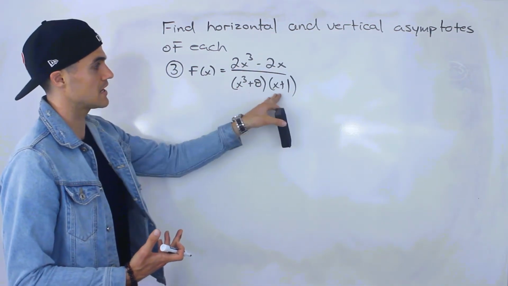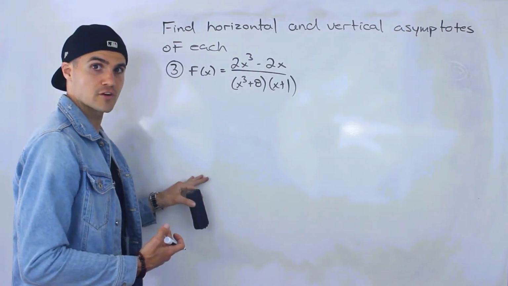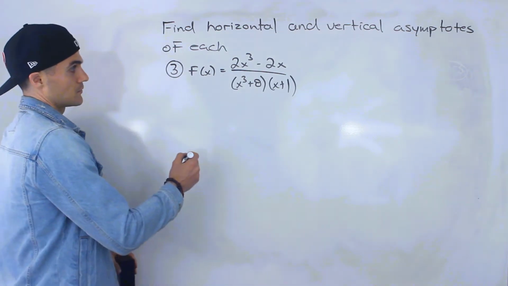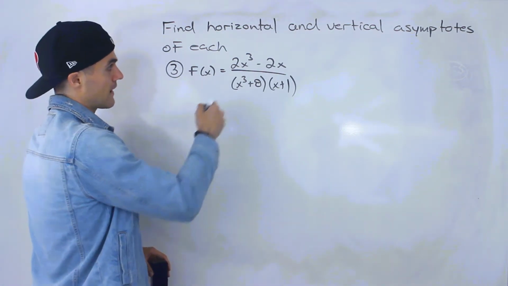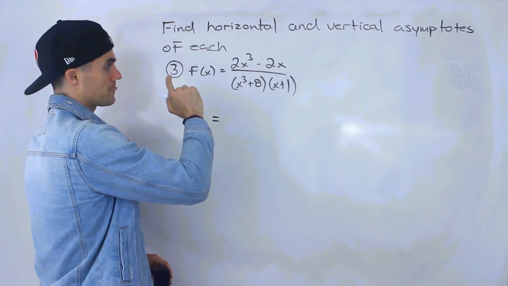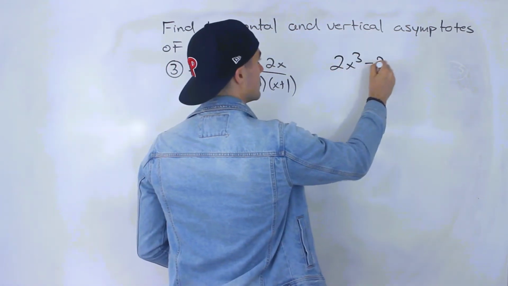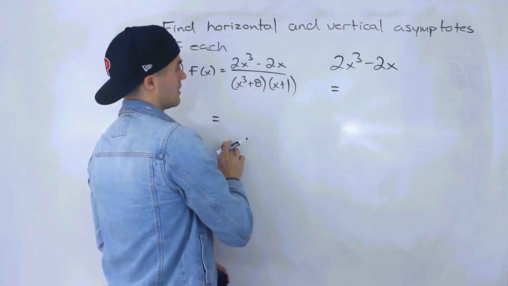x to the power of 3 plus 8 times x plus 1. Remember, we had a 4th function as well. I'll write that once we get to it. So first thing to do here is you want to factor. So notice how we could factor the numerator. So let me actually do that on this side here, so we're not taking up too many lines with this